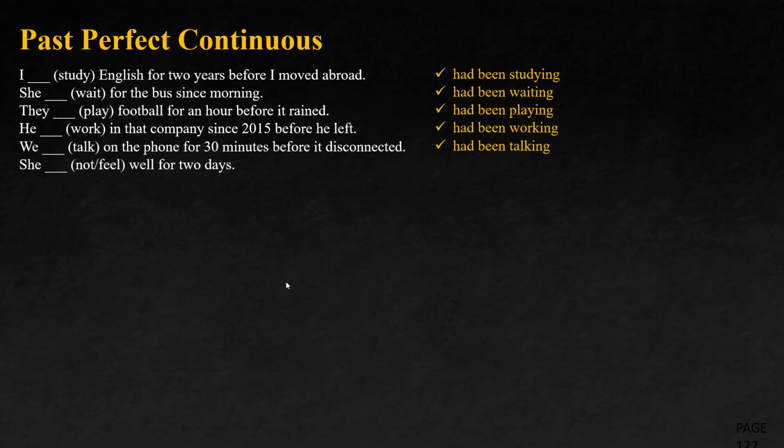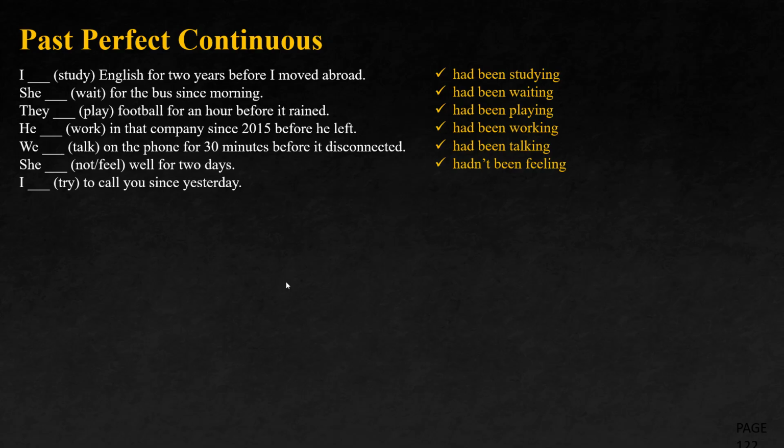Pratham, try. She had not been feeling well for 2 days. Good. She hadn't been. You should use been. Continuous. Perfect continuous.